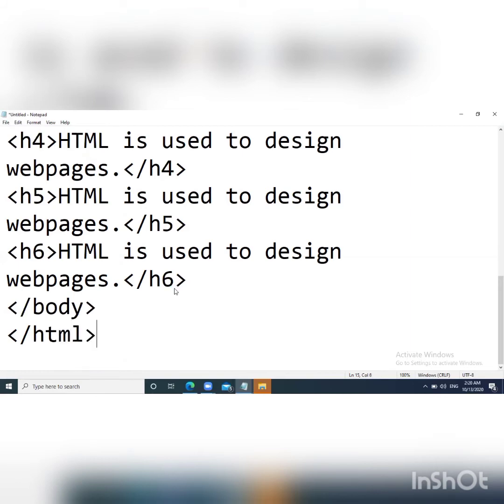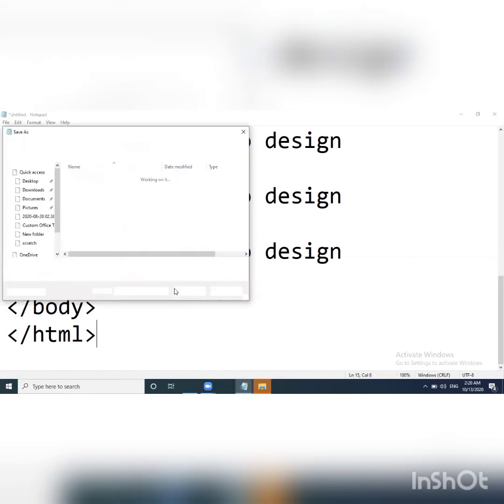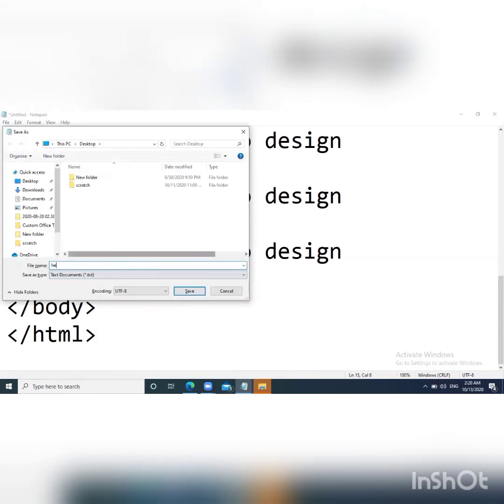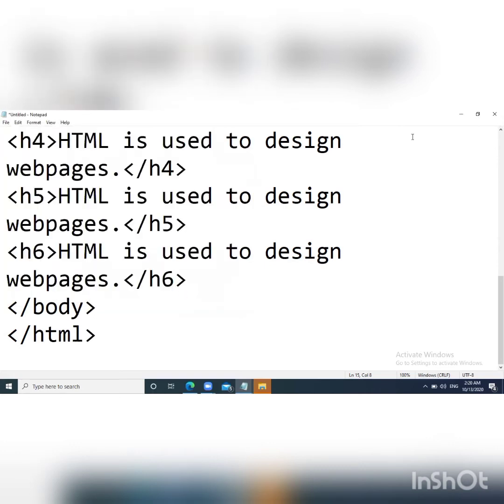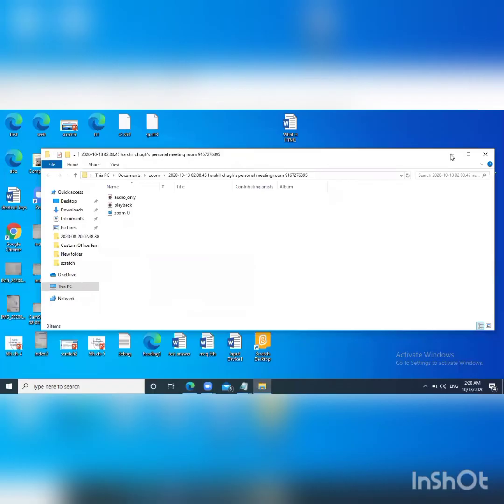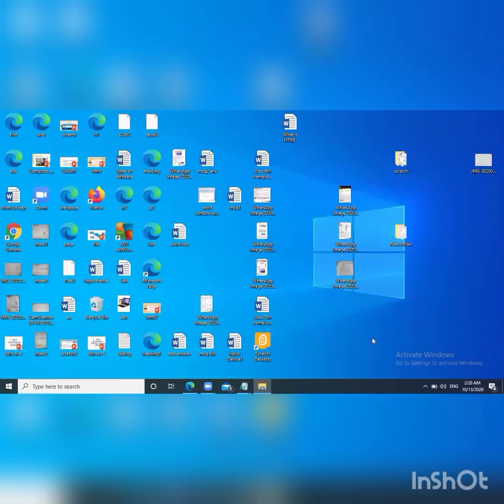So I'm saving the file by pressing Ctrl plus S. Give any name, like I am giving here the name heading.html. I'm saving it on my desktop. This file already exists, so I am giving another name because I don't want to replace it. So I am giving here heading 1. Save. As you know, you can directly double click from the location, or we can open the browser and then open our web page. So you can see here this one. This one is heading 1, my web page. So double click on it.